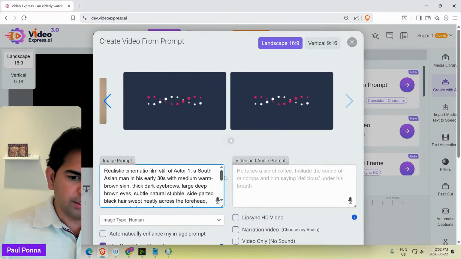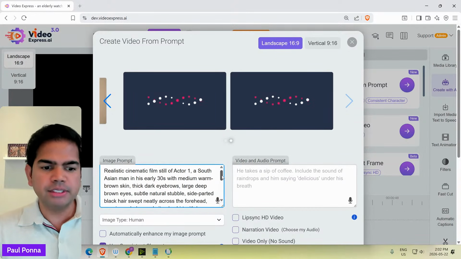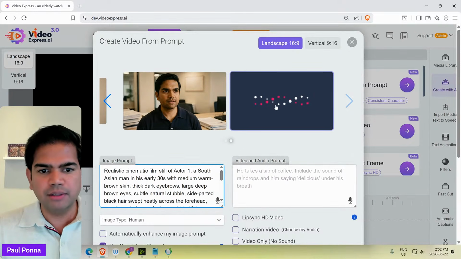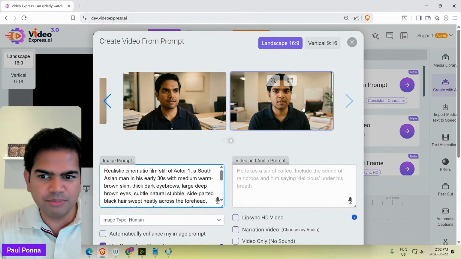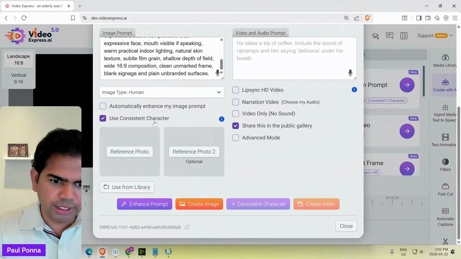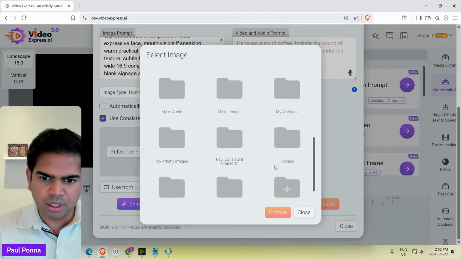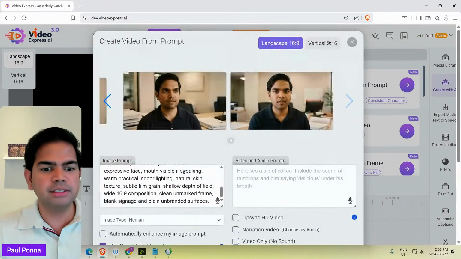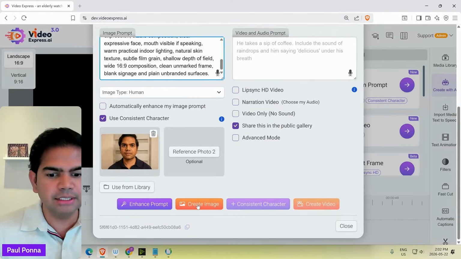And it's going to show us that accounting setup that we were discussing, right? The consistent character setup. See what I'm saying? So yeah, you see this right here. And sometimes it looks slightly different, or sometimes the same. In that case, you go back, you can do this, okay? Delete this reference photo, come back here, and in my AI images, you see this photo of mine, I'll use this as a consistent character, and it'll give it a lot more, because what AI did behind the scenes in VideoExpress